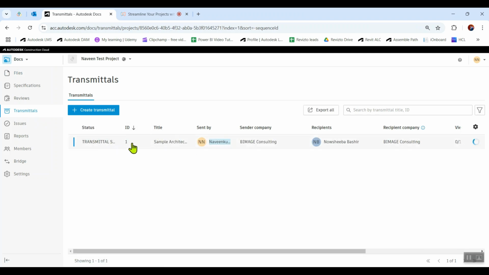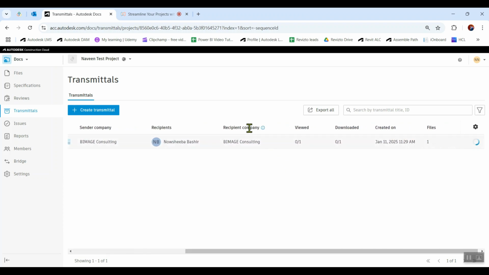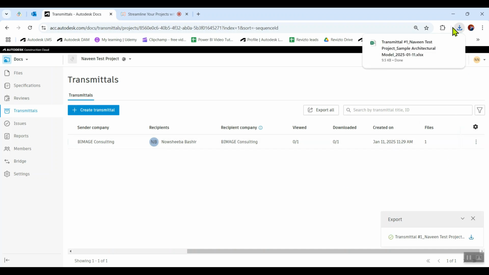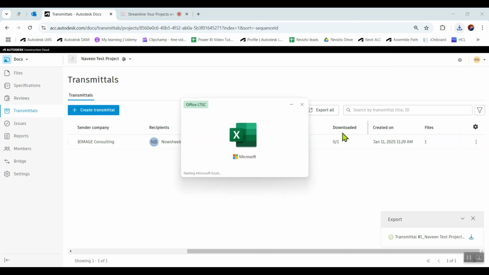This is transmittal 1, title, sent by sender company, recipient company, either they viewed or downloaded. This is one of the fantastic ones. Once you share a transmittal, then you will get to know either they reviewed that one or downloaded that one or not. When created, how many files are there in the transmittal, and we can export this report also just like this, and you will get an Excel report